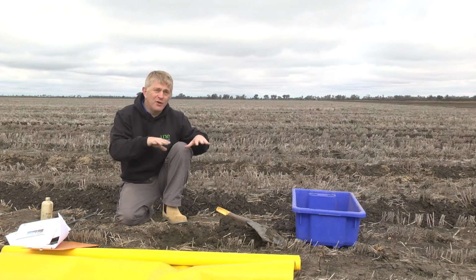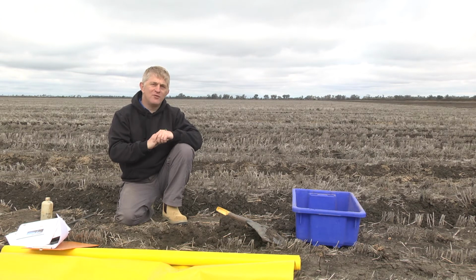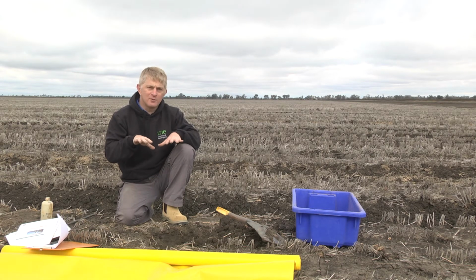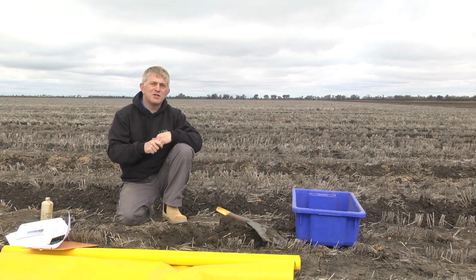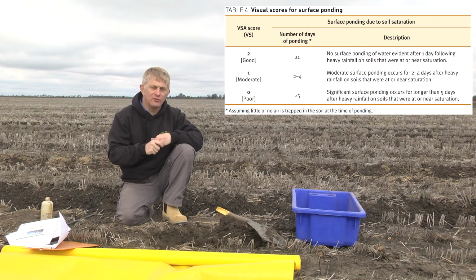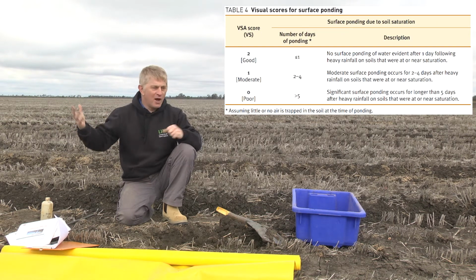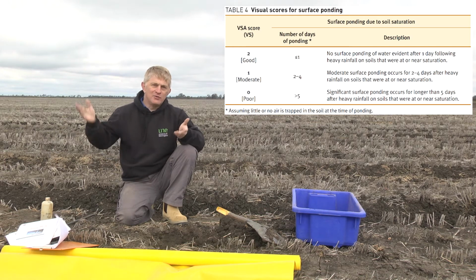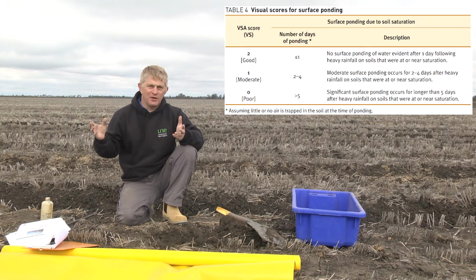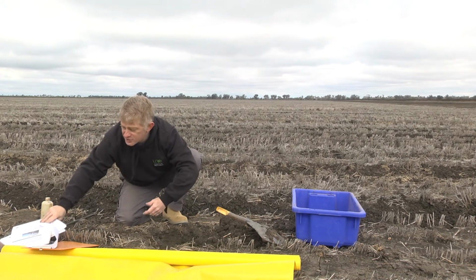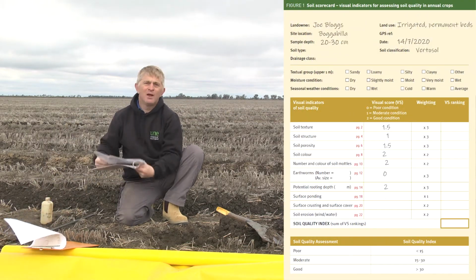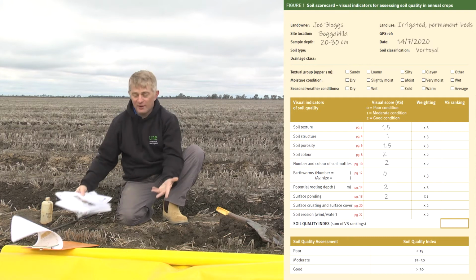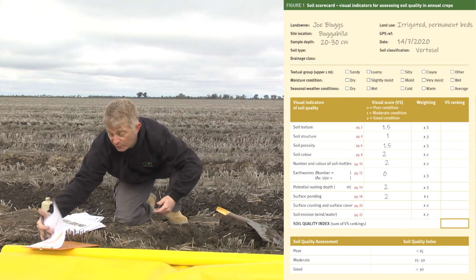Now, already we've done the mottles, so we know there's not much evidence of development of anaerobic bits in the soil here. So that would suggest the structure is good enough that surface ponding is avoided. Again, speak to the farmer. We're in an irrigated system here. He tells me he irrigates, he stops the siphons, and it's gone easily within a day. So again, that actually scores us, based on our assessment, a 2. This soil is freely draining and doesn't suffer from ponding.